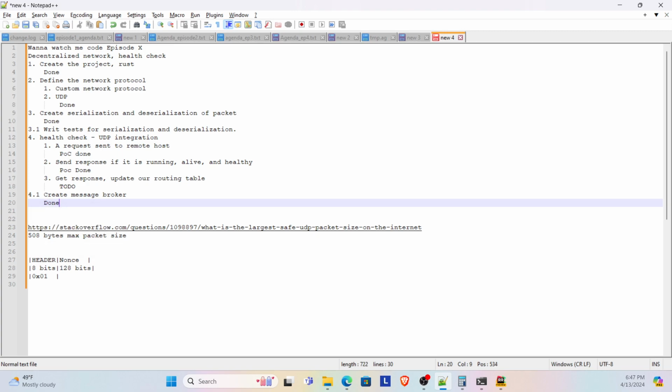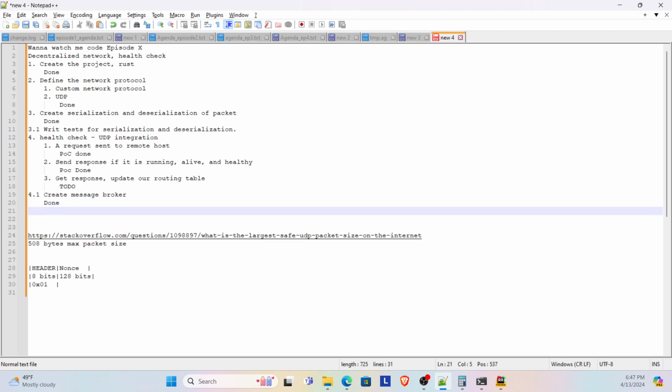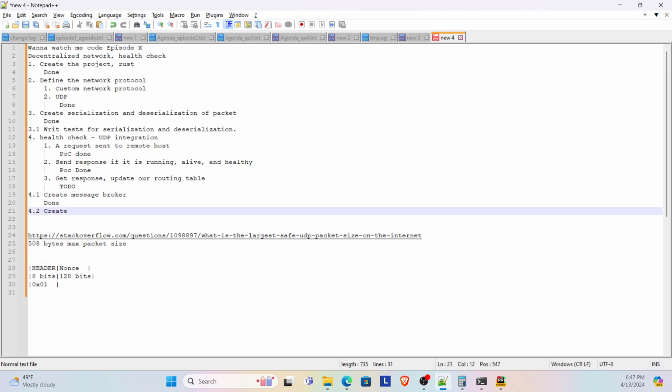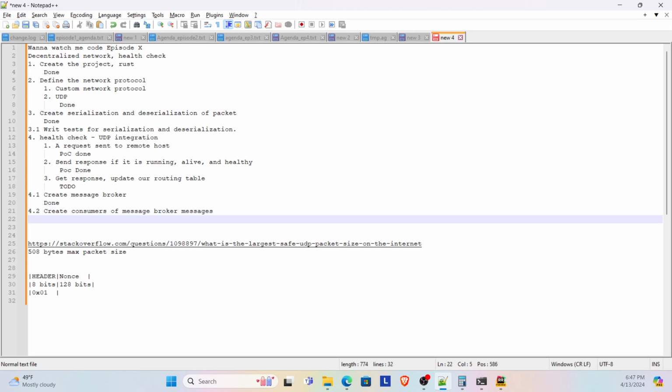So that's done. 4.2 will be like create consumers of message broker messages, and so that would be basically they would receive the message broker message,